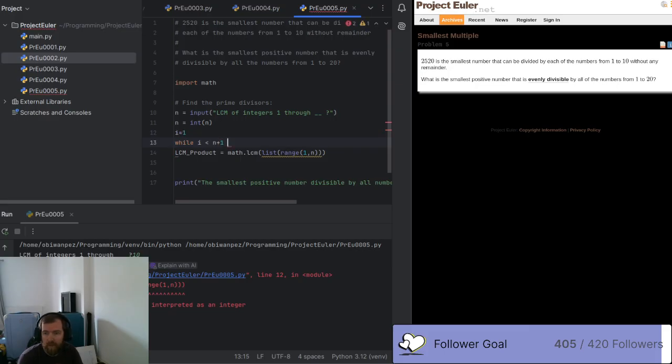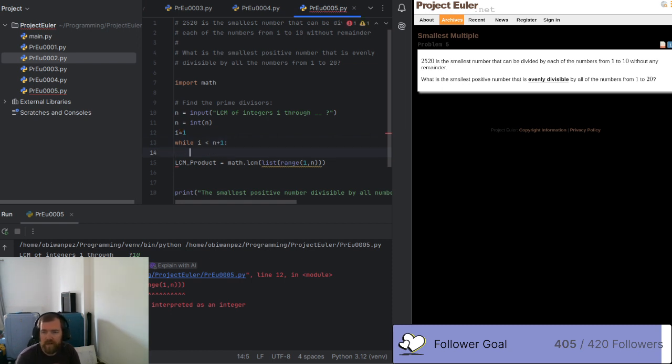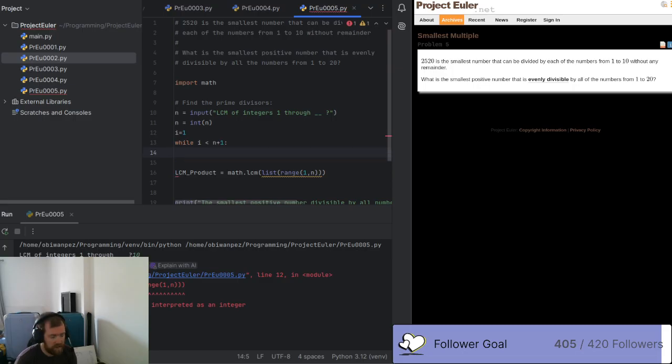Plus 1. Why is that throwing a red? Indent expected. Ah, that's not the one. That's fine. So while I is less than n plus 1, what we want is for